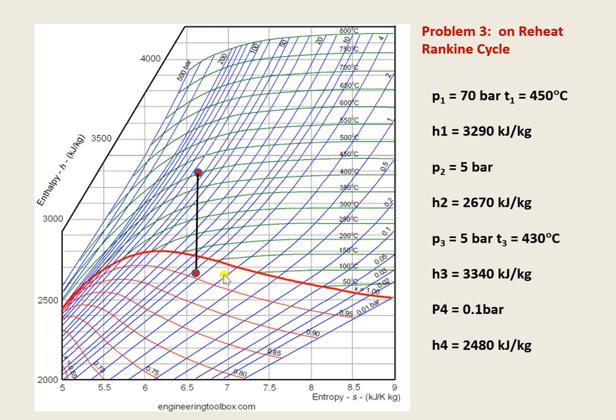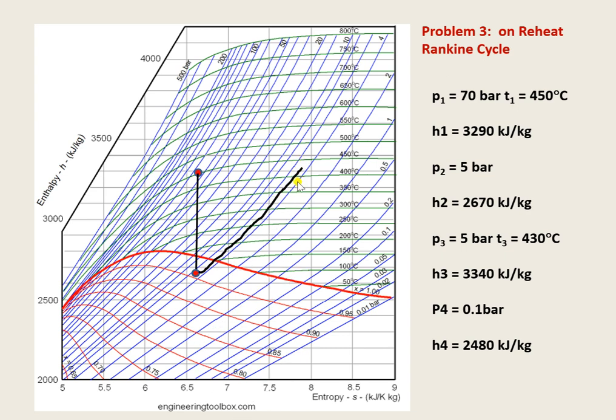If you use the table, you have to find out entropy at this point. You have to equate that entropy to sf plus x2 into sfg corresponding to 5 bar, and then find out that x2, the dryness fraction. Using that, you have to find out enthalpy using the expression hf plus x into hfg. It is a tedious, time consuming process. Now straight away we are getting enthalpy by drawing a vertical line from state 1 up to the 5 bar line. The 5 bar line is assumed between the 4 and 6 bar lines. So this is h2.